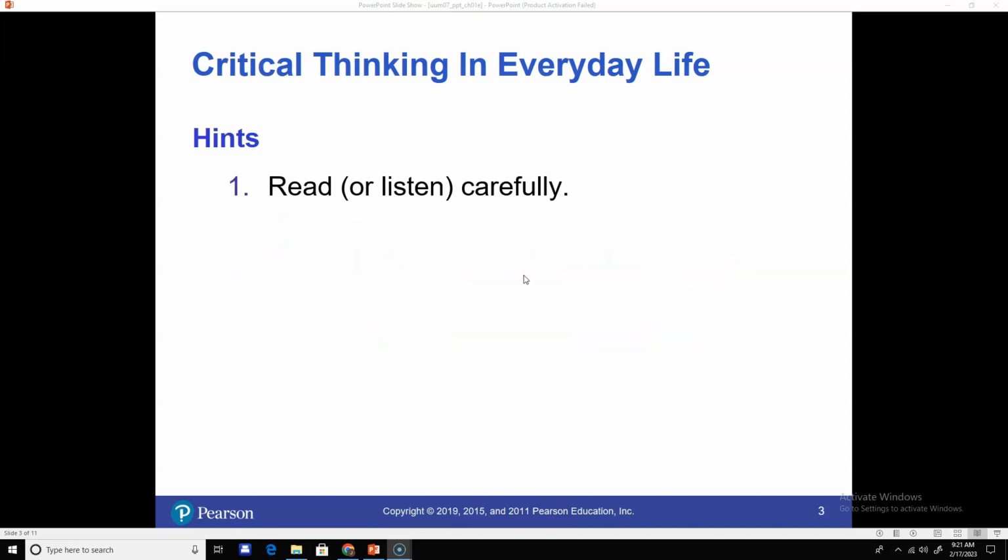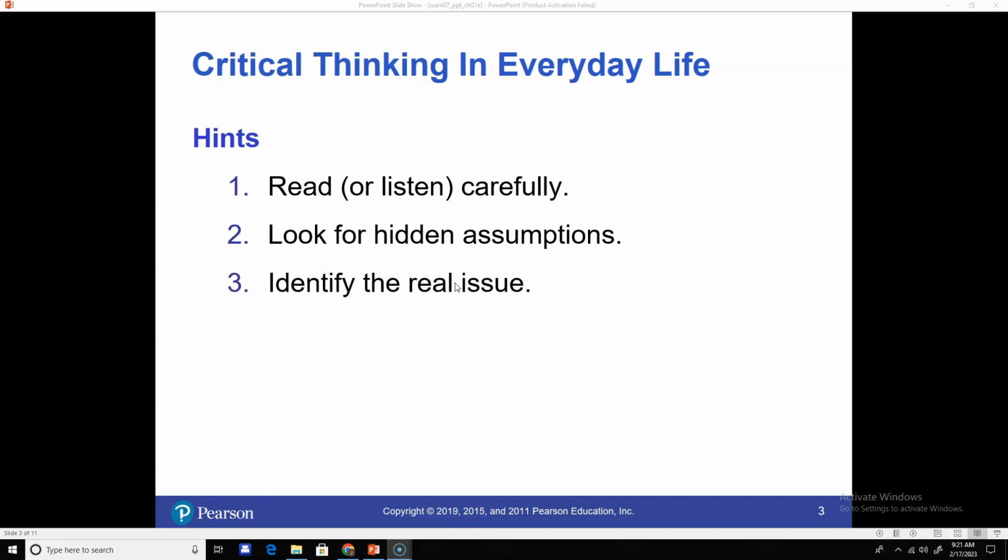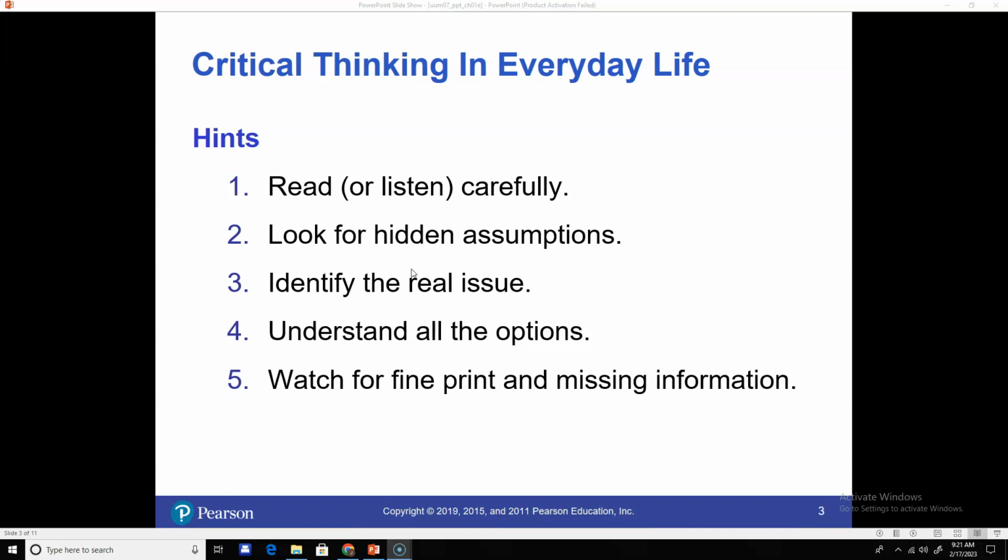So basically, almost every word problem, that's always the first advice they give. Read or listen carefully, look for hidden assumptions, identify the real issue, understand all the options, watch for fine print and missing information. Are other conclusions possible? So, while this is kind of true,